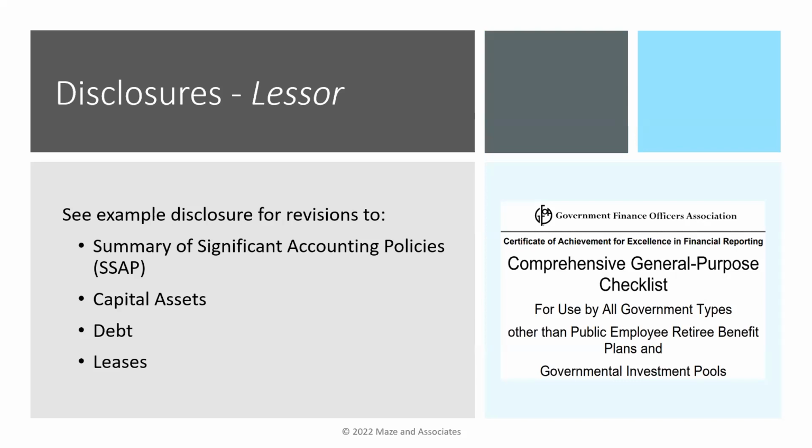So we're going to go over the disclosure example later. Hopefully we'll have time to get to it. I'm trying to speed through so we can get the visual of it. But we've put together, using the GFOA's example ACFR and one of our clients' footnotes, an example disclosure. It kind of shows the different places in the financial statements that need to be updated and revised for the implementation of leases. And we can share that as well.